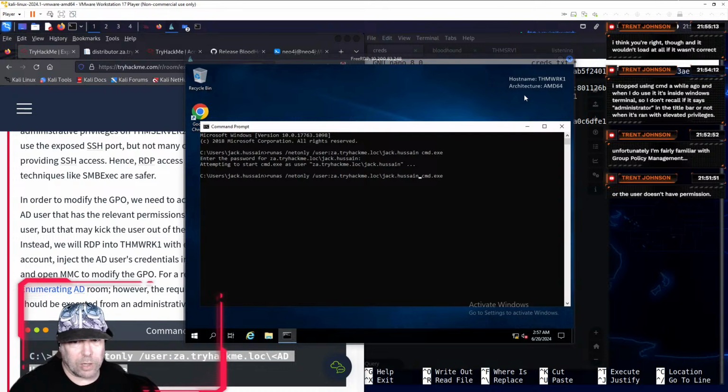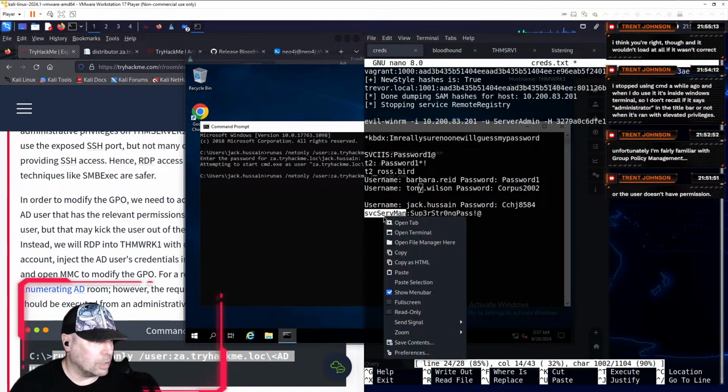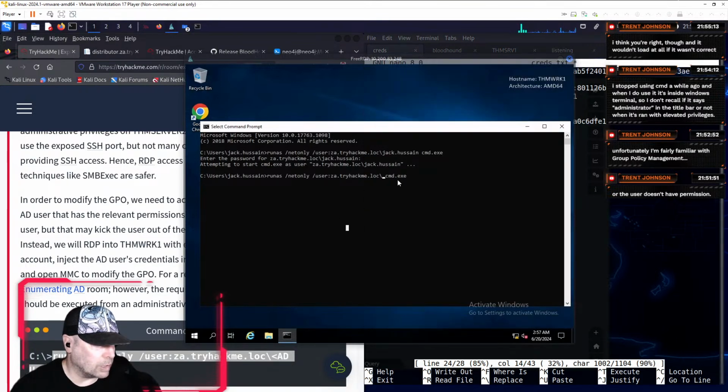Because remember what I was saying, why would we inject the credentials if we already have his password? You know what I'm saying? So I think we're supposed to use CVSC serveman, and I'm a little embarrassed that I didn't think of this as a possible solution earlier.